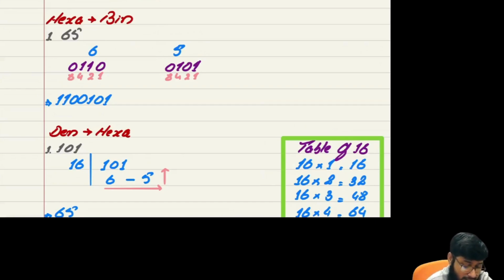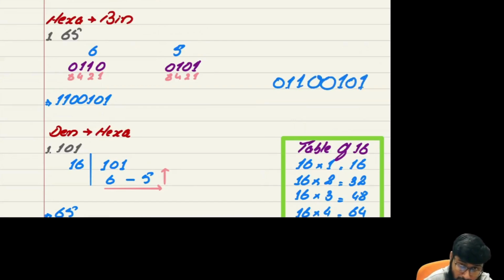So what you actually need to do is merge all the bits together: 1100101. Now make sure of one thing. This answer is on 7 bits. If the examiner asks you to write the similar answer on 8 bits, you just need to add a 0 at the initial position,